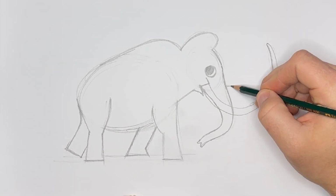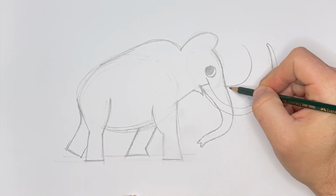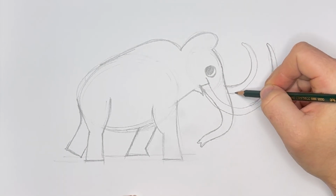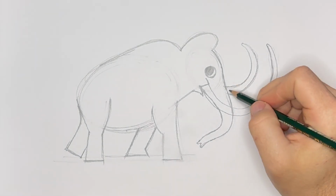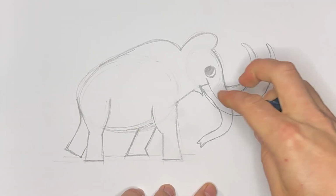When you're drawing these bigger shapes, sometimes my hand gets a little wobbly. Another reason why I like to do my sketching first. I make a lot of little mistakes along the way. But that helps you learn. It helps you figure out where everything's going to be, and then you don't have to feel like you're committed